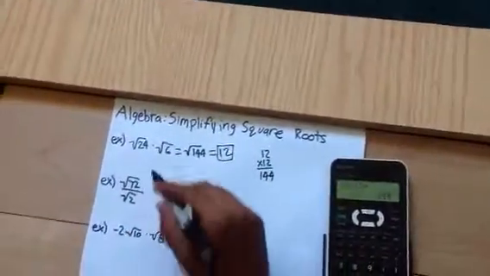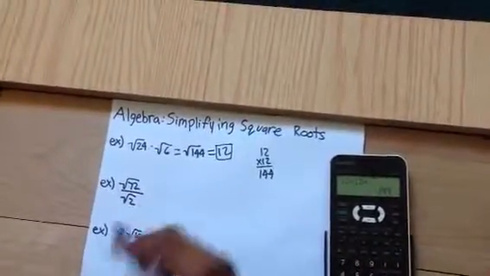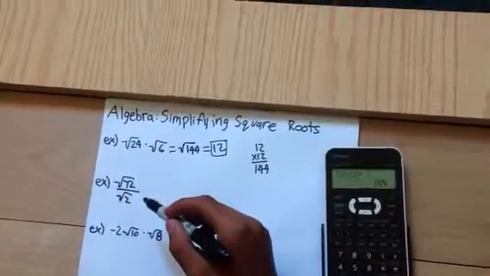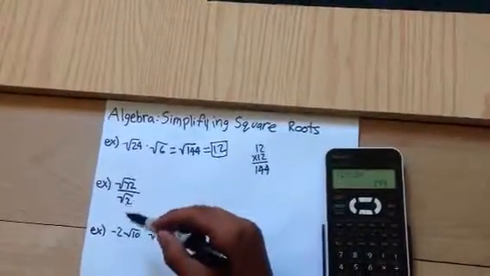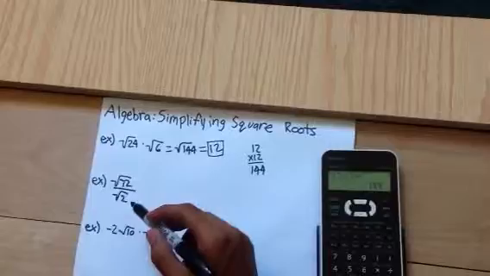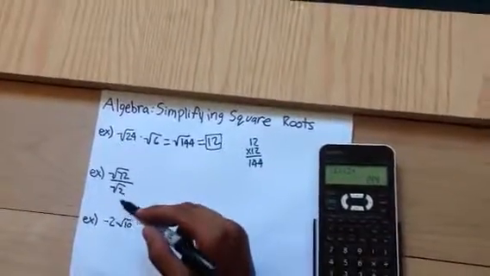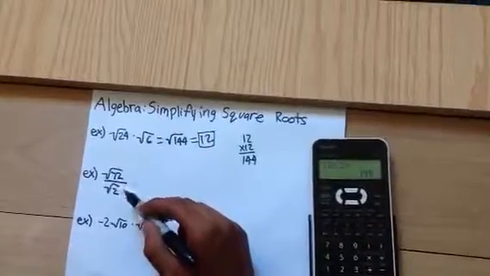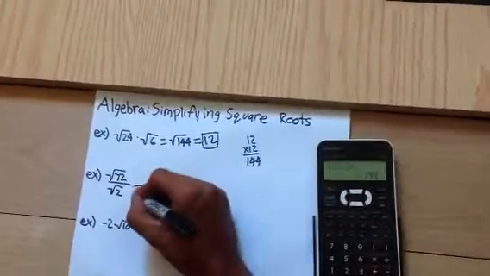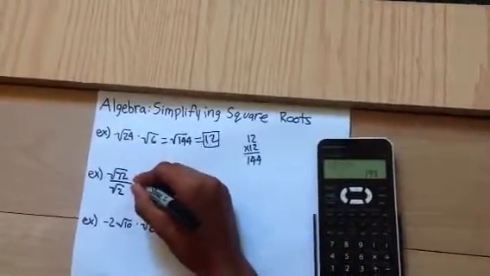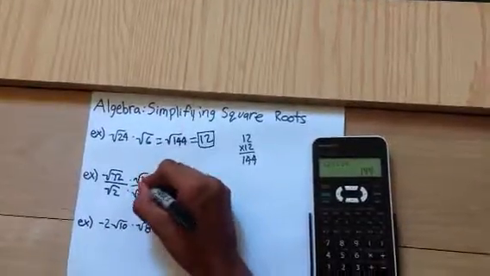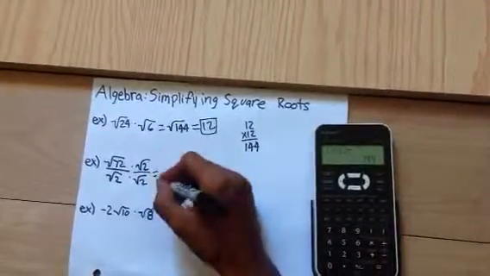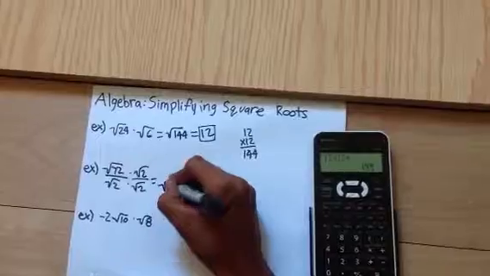Now, the second example is square root 72 over square root 2. The first thing you need to know is that you can't have a square root in the denominator. So you're going to multiply square root 2 on the bottom and on the top. So square root 2 times square root 2, square root 4 over